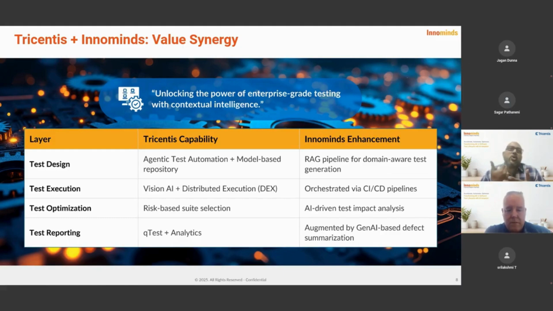Like once your model-based scripts are developed using the traditional approach, wherein I don't use Vision AI. The beauty of Vision AI is you can shift left your testing, and you can start early in your development lifecycle.